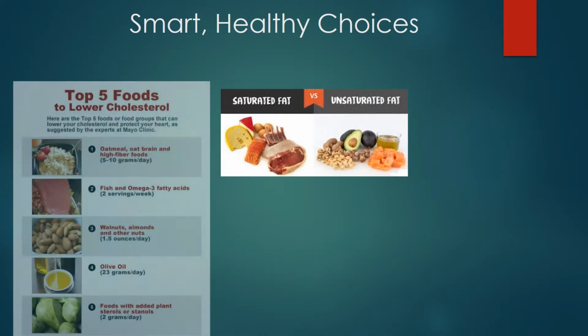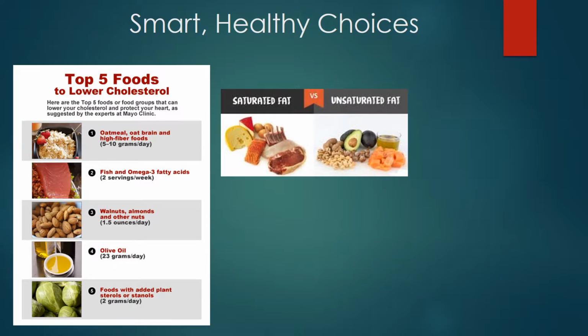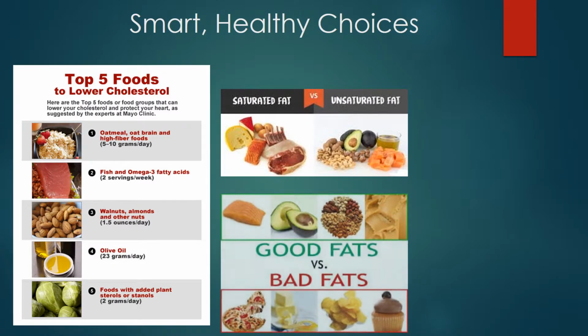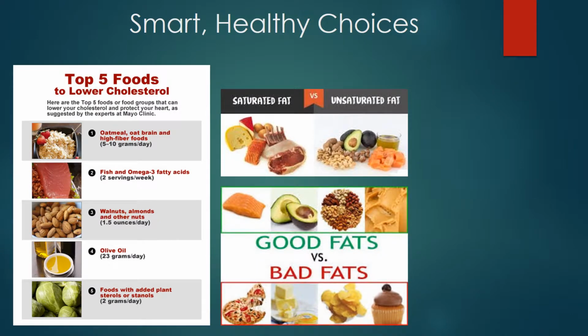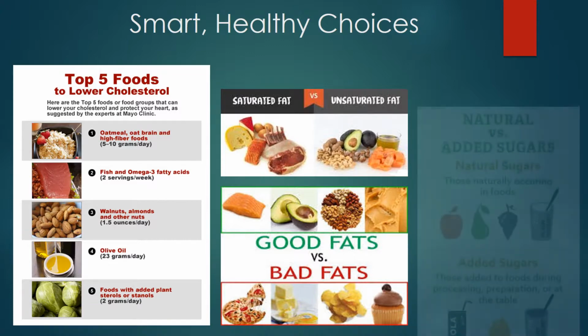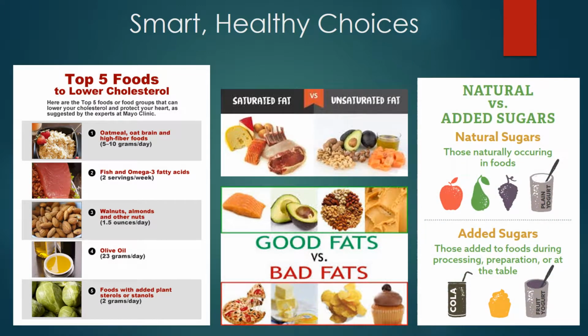Providers should educate their patients about making healthier choices. Patients need to know the importance of choosing good fats, otherwise known as unsaturated fats, versus bad fats, otherwise known as saturated and trans fats. Also, teach the importance of consuming natural sugars versus added sugars. Foods that have natural sugars will be able to be broken down better within our bodies. Be sure to teach that moderation is key and provide resources for the client to use at home.